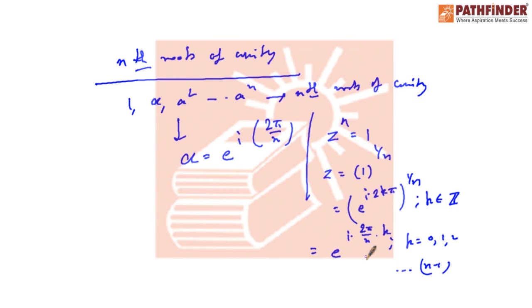And here very interesting properties are obtained, such as product of all the roots may be plus 1 or minus 1 accordingly as n is odd or even. Sum of all the roots 1 plus alpha plus alpha square up to alpha to the power n minus 1, these all will be equal to 0.